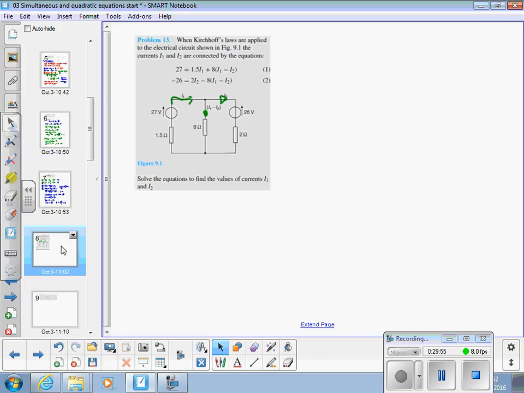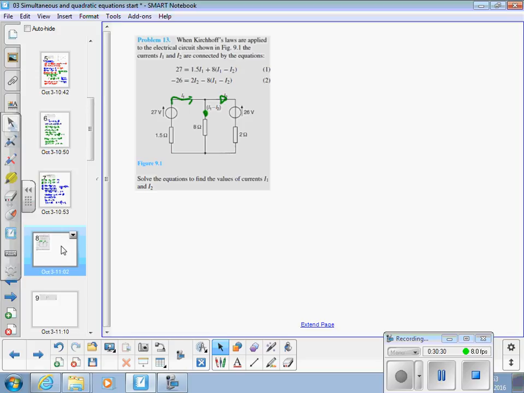There are a number of methods we could use to solve that circuit, and the method used depends on exactly what we know at the start of the problem, and also upon which values we're interested in. So there's a number of methods you'll eventually learn to do this. But you're given two equations here. 27 is equal to 1.5i plus 8 times (i minus I2) in brackets. So there's two equations there